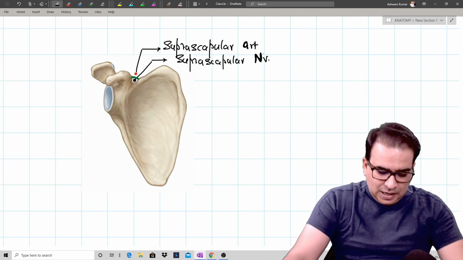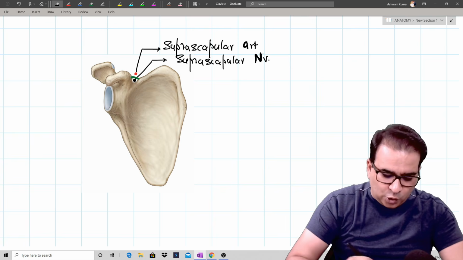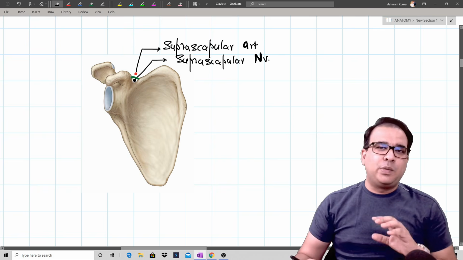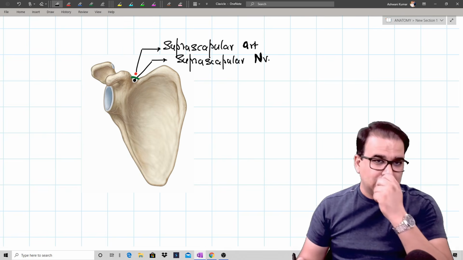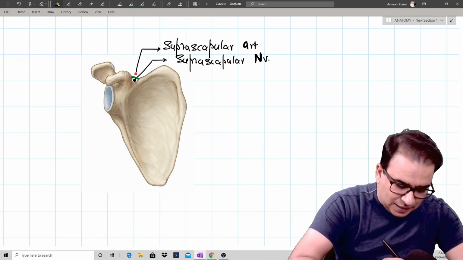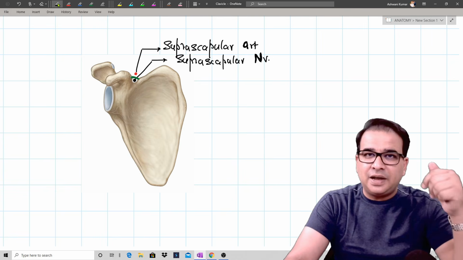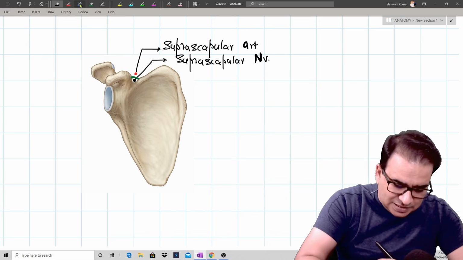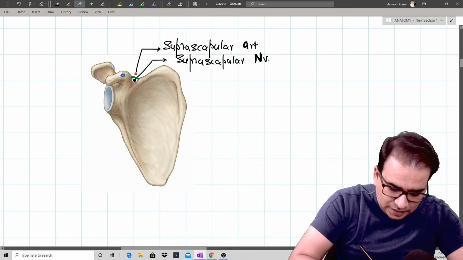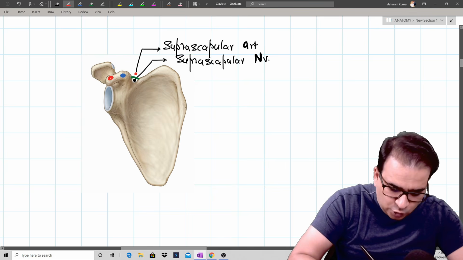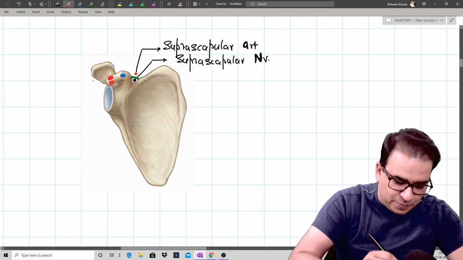One more thing, guys, we should know about this coracoid process, because from the anterior aspect we can appreciate the coracoid process better. The acromion process can be seen better from the posterior side. This coracoid process gives attachment to three main muscles, out of which one is inserted here and two are originating. The muscle which is inserted here is the pectoralis minor, and the two muscles which you will see originating are the short head of biceps brachii and coracobrachialis.